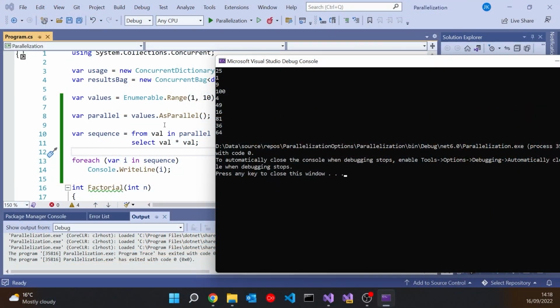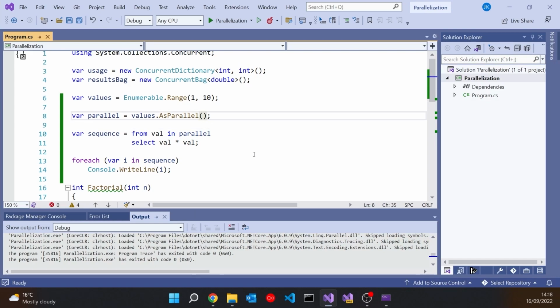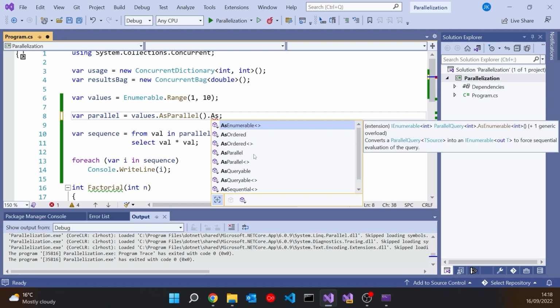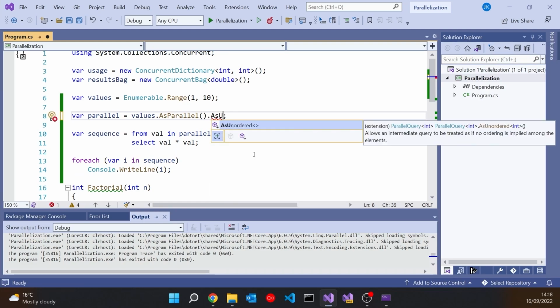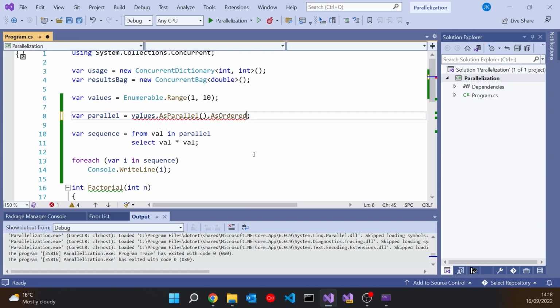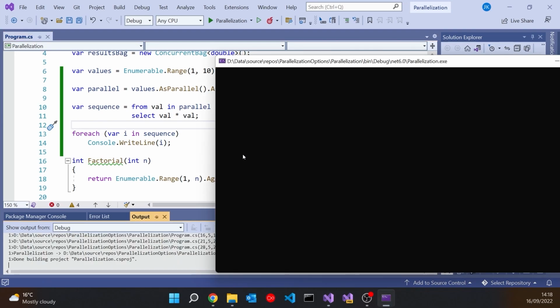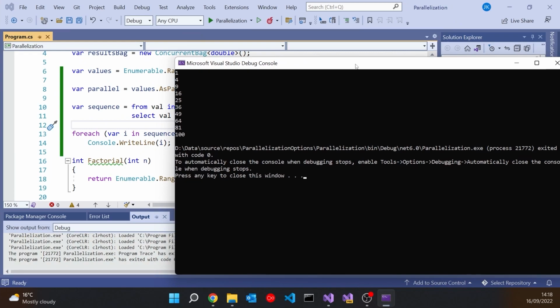So one thing that we can do is, on this AsParallel, we can do AsOrdered. There's also, to reverse it if you later on want to, AsUnordered. But if we do an AsOrdered on there, then although it still processes the threads in effectively a random order, once it's processed them all, when it recombines things back into the final sequence, it will preserve the original order. So if we run that one up, then we can see that we're getting the squares in the order that we expected them.